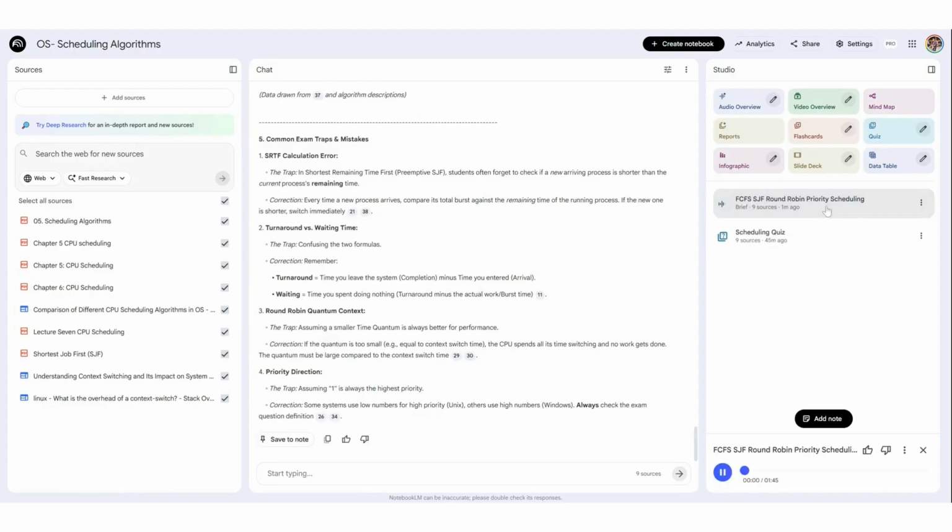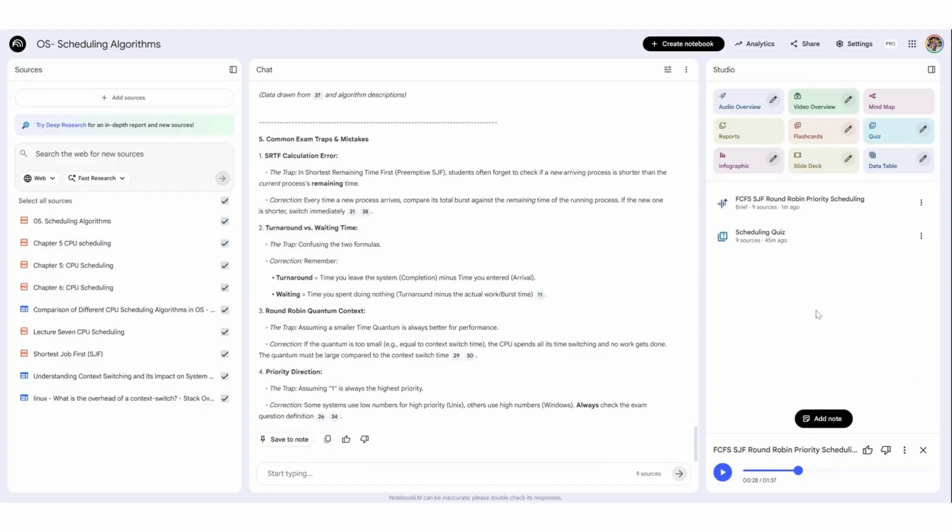Yes, it has generated the audio. This is the brief on CPU scheduling algorithms. Okay, so CPU scheduling is the basis for multitasking operating systems. It's all about efficiency, deciding which ready process gets the CPU next to maximize its use and minimize delays. We're reviewing the 4 critical algorithms you need to absolutely nail for your exams. First, let's contrast the simple versus the optimal. FCFS, or first come first served, is just a queue. It's